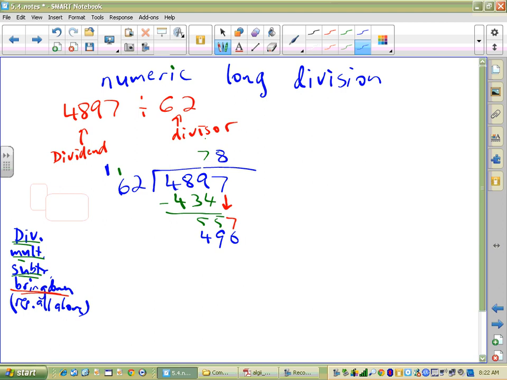So what do we do now? We divided. We multiplied. Now what do we do? Subtract. So again, we're subtracting. So 7 minus 6 is 1. The 5 has to become a 15. And 15 minus 9 is 6. And the 5 here becomes a 4. And then